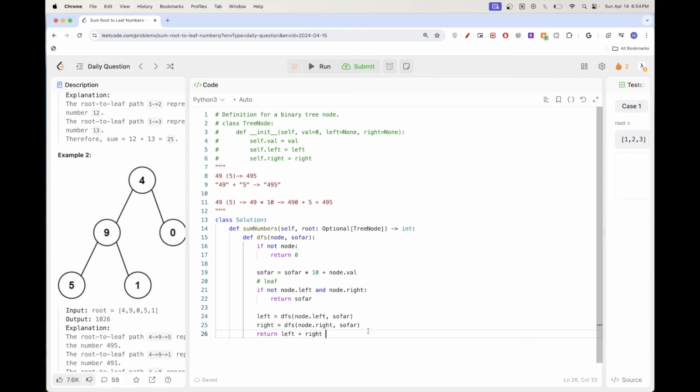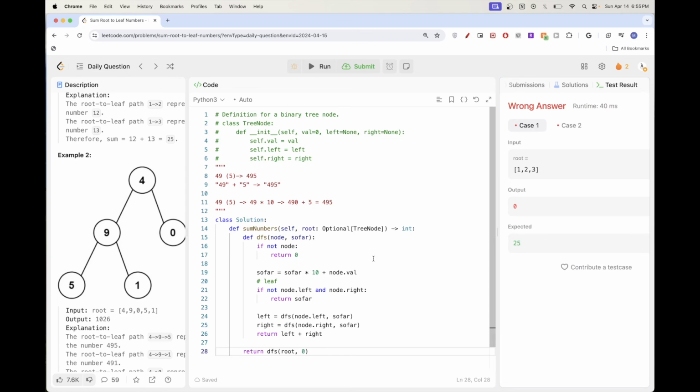Now you could of course do this with just a self variable and add it up when you reach the leaf node, but it is cleaner to just return it with each node, bubbling up the result to the parent. Okay, so that's pretty much what we need here. We just need to call to launch our DFS. Okay, so if we run this,